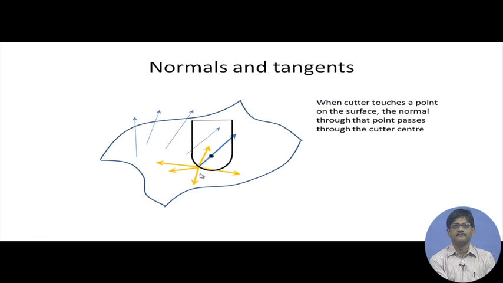So, this is the cutter. When the cutter is touching the surface at this point, the normal to the surface will essentially contain the center of the spherical end of the cutter. So, we understand that this normal which is emanating out at this point of the surface is passing through this center which is shown. So, we make use of this